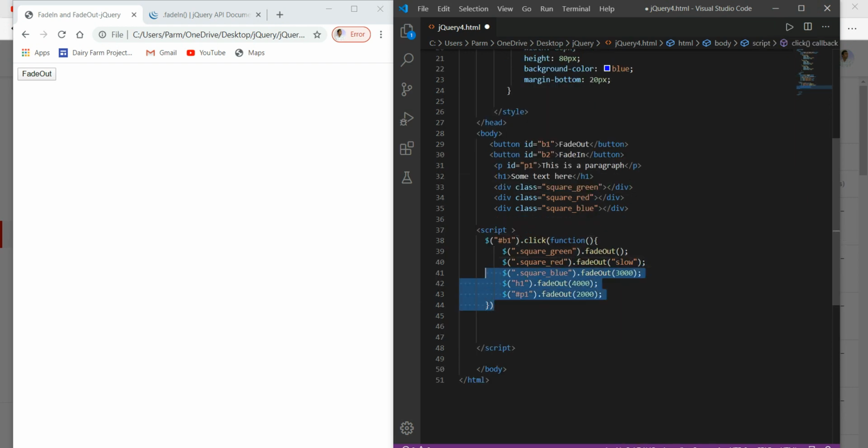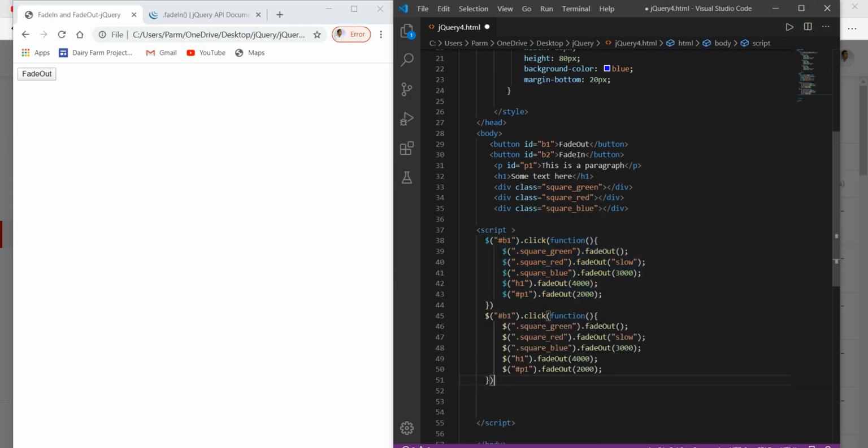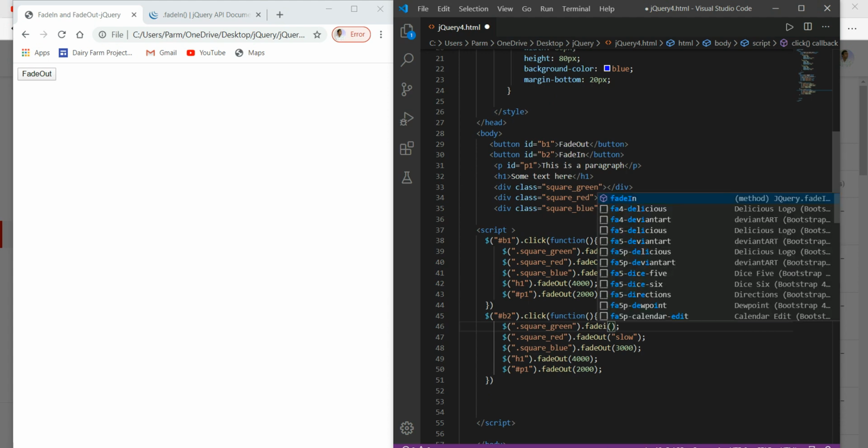I'm just copying all these contents, Control C, and here we go, paste this. This time the event is associated with the button having ID b2, and the rest of the things are the same. Instead of fade out, here I use fade in.